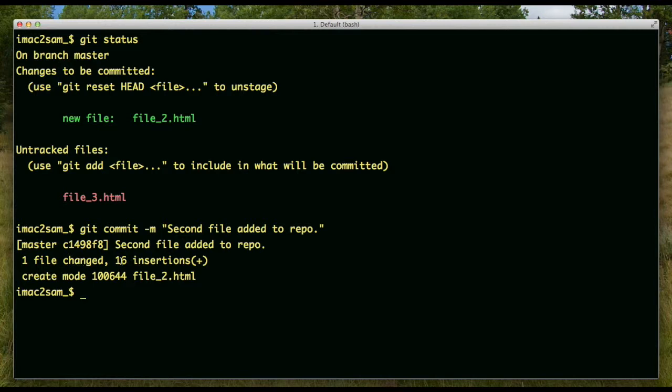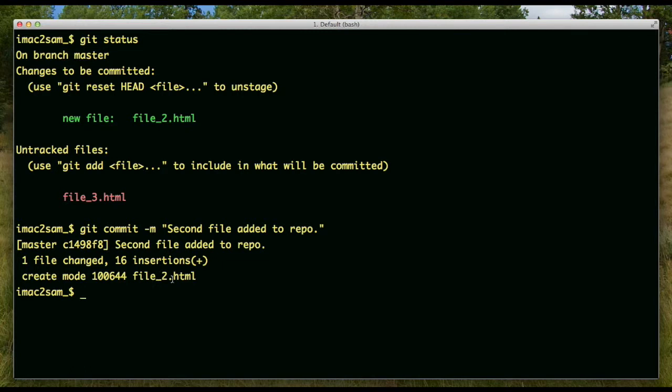But that file had 16 lines in it, so it says 16 insertions. And here it's actually indicating that it was created in the repository. It wasn't like a modification, I guess. Anyways, I'm not sure about this, but the bottom line is that that file has now become part of the